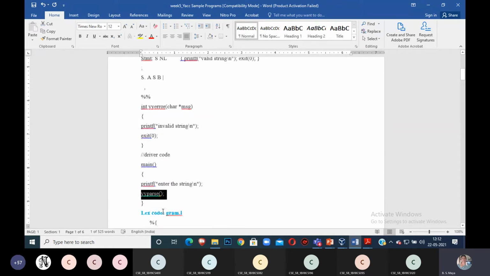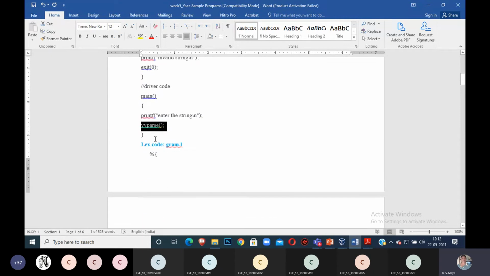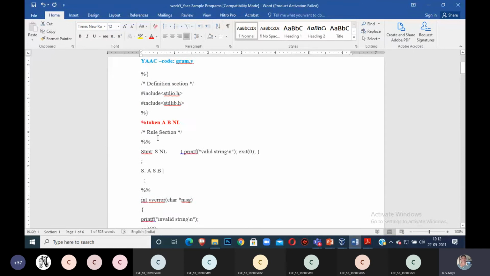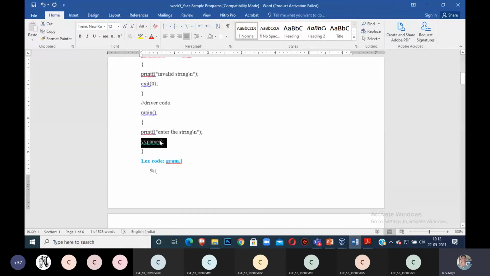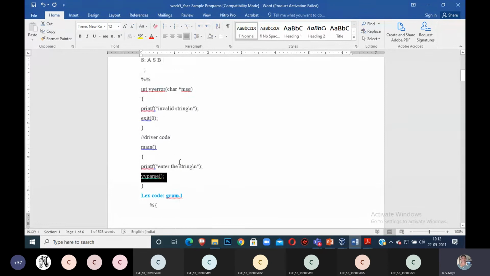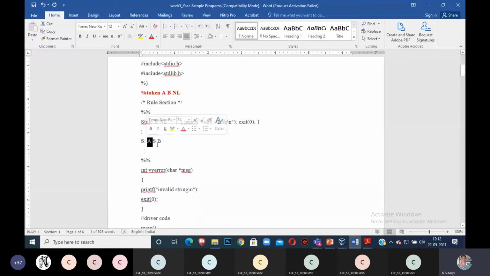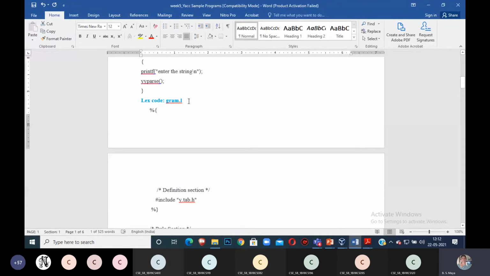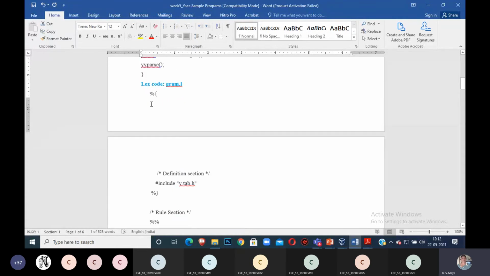Let me go for the Lex program. Why do you require a Lex program? This grammar doesn't know what A, B and NL are. These are all tokens, and these tokens are given by the Lex program. For that I am writing the Lex program, gram.l. In the definition section I include y.tab.h.